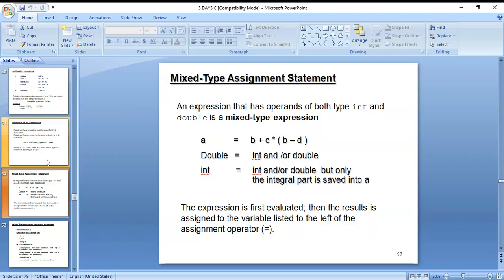The expression is first evaluated, then the result is assigned to the variable listed to the left of the assignment operator, that is the equal sign.